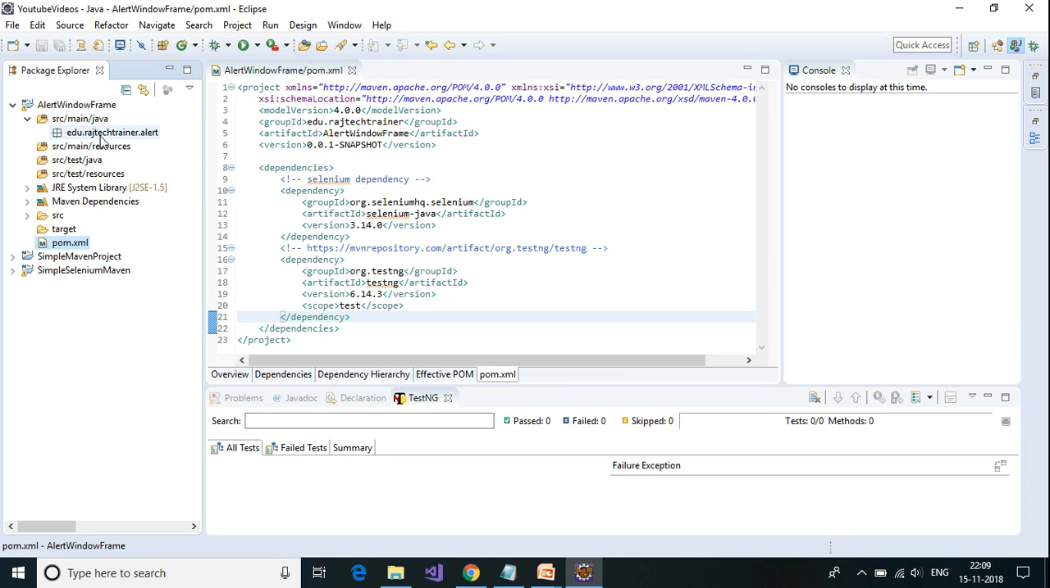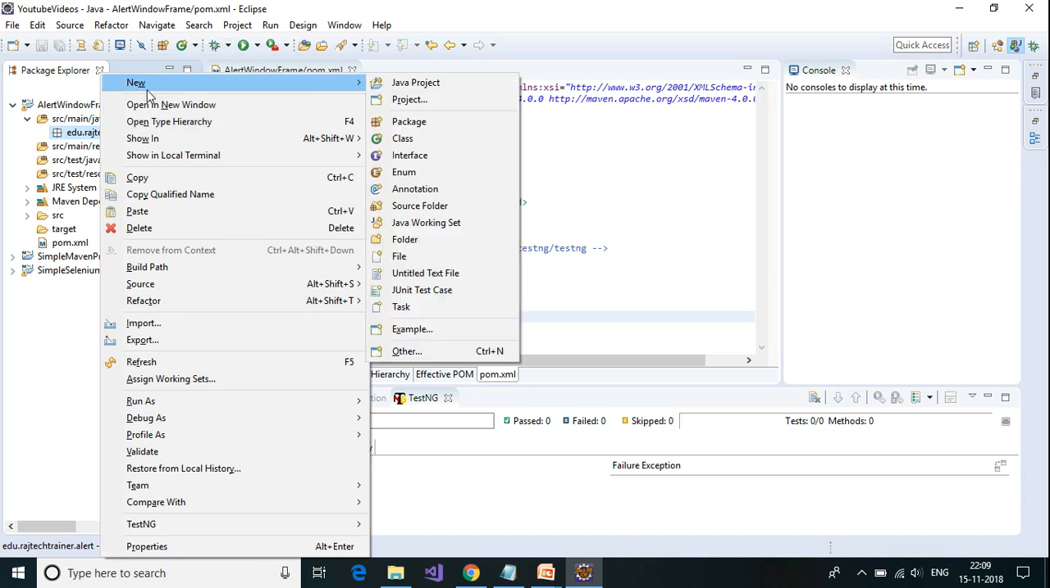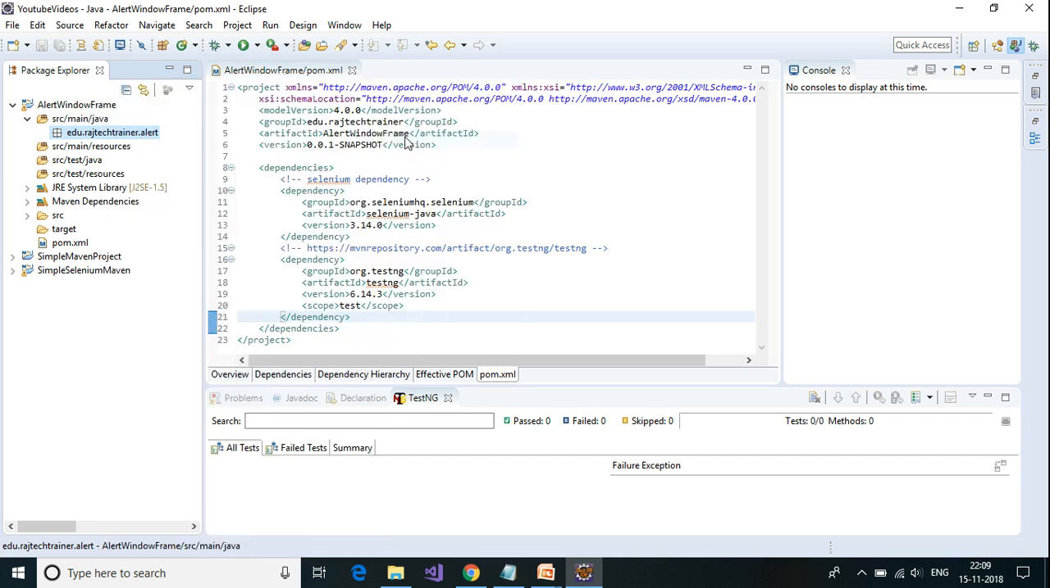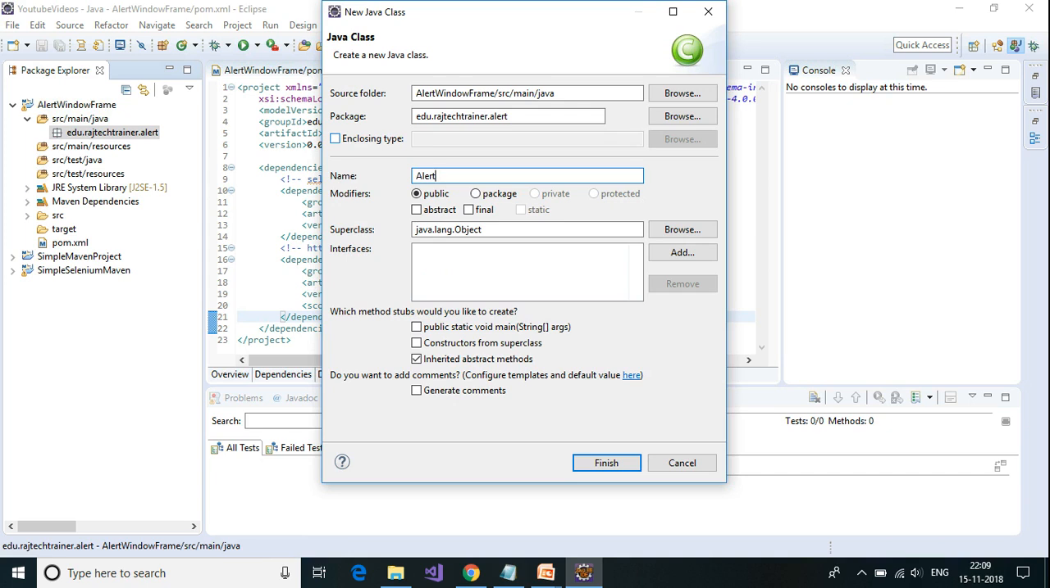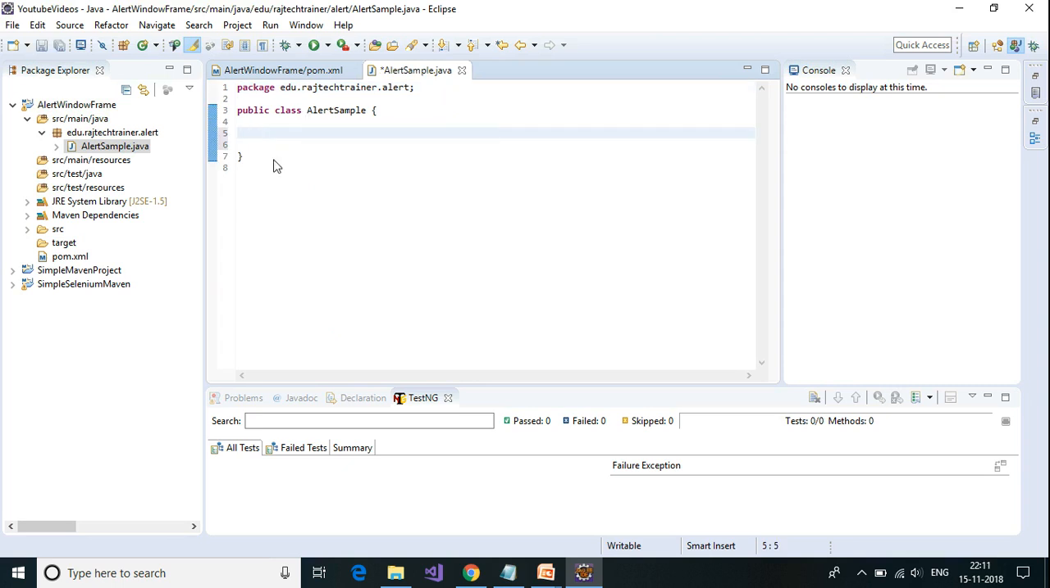I need to add a class file. Right click on the package which we created earlier. Go to new and then class, call it as alert sample. Since I'm using testng, I'm not going to enable main, so I'll be using annotation there. Click on finish. After creating this class, I'm going to create three methods, which is public